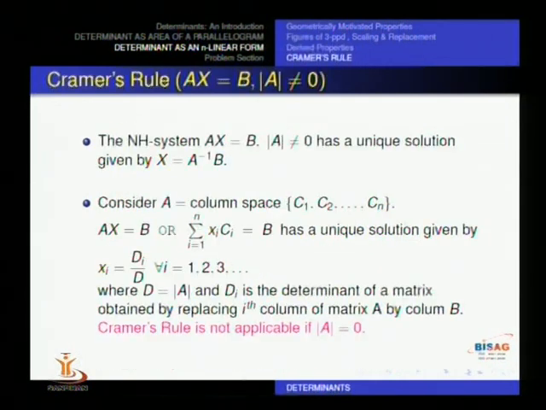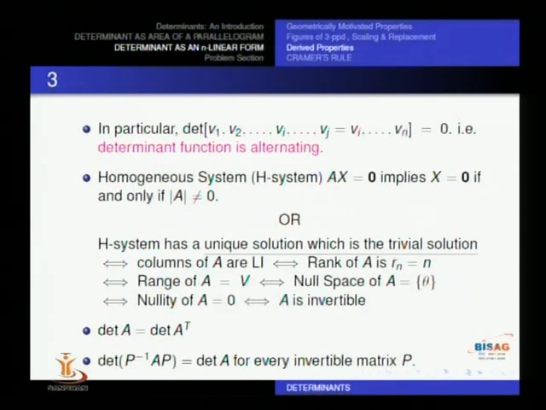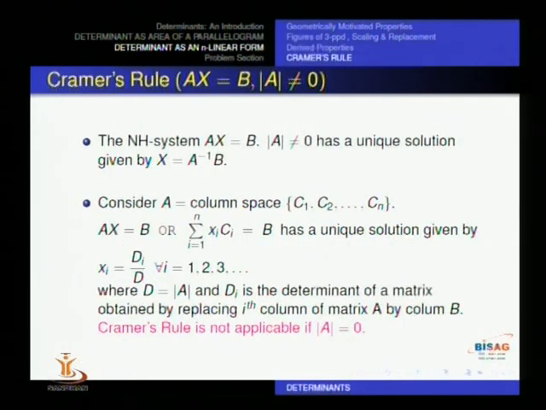So the last statement therefore is valid. Now suppose in the homogeneous system we replace the right hand side, the 0 column, by some other non-zero column. Then in that case the system no longer remains homogeneous. It is homogeneous only if the right hand part is a 0 column. So if it is a non-zero column, we talk about a general case.